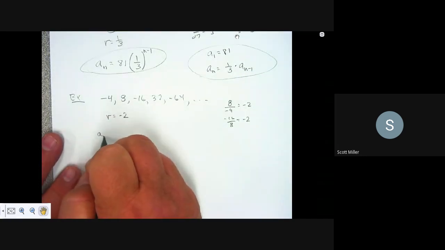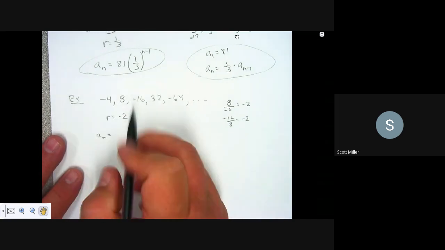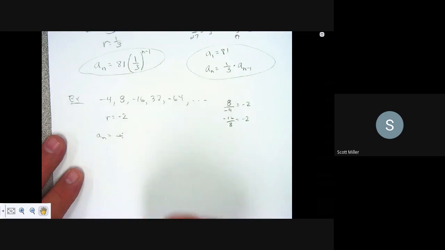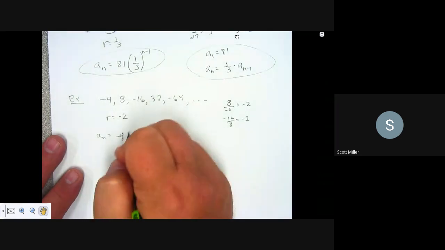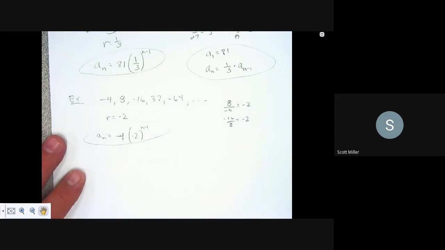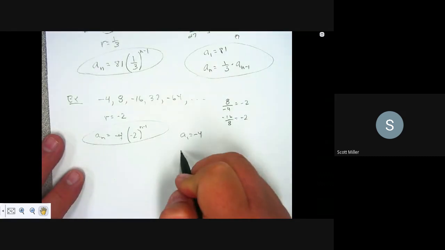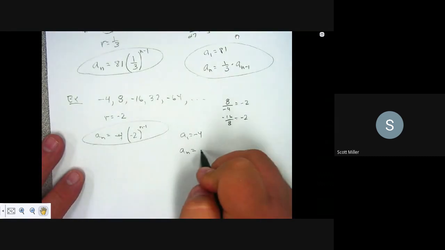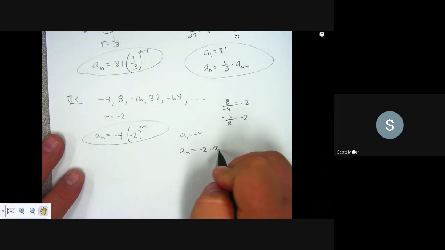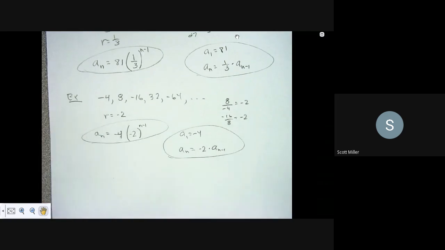Our generic explicit rule is the first number in the sequence, so -4 times the common ratio to the n minus 1. And it's that simple. A sub 1 is -4. A sub n is the common ratio times the previous answer. And there you go. That's the geometric sequence. And we'll talk more